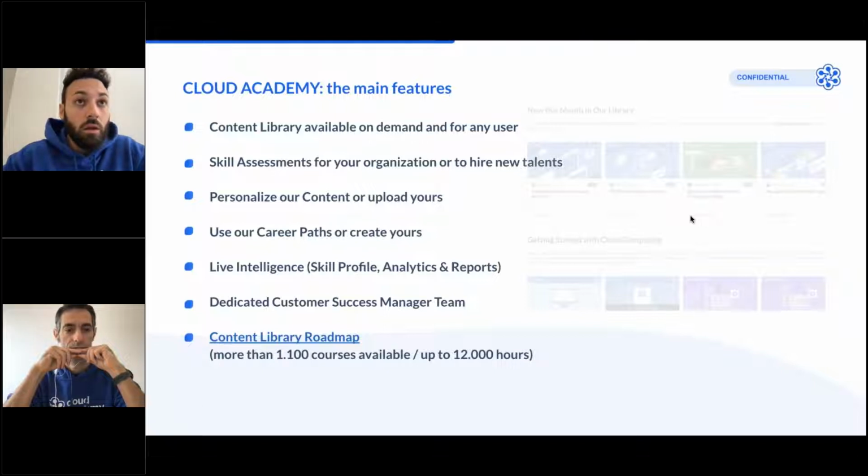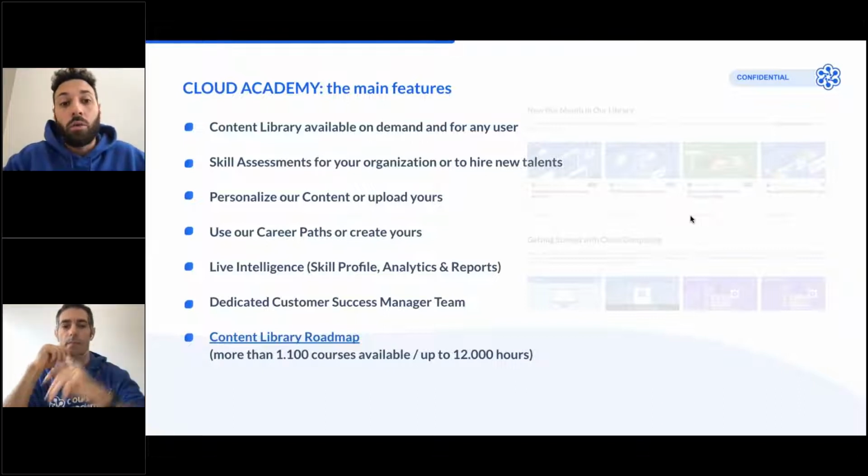We recently launched also another approach. When you want to involve your people in the IT training, you have three main approaches: through the skill assessment, through assigned training plans, in case you need to certify some people, or through the job role.